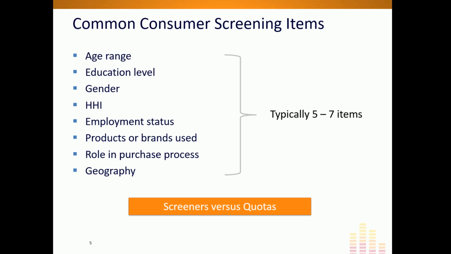Also, employment status has changed a lot in recent years. In the olden days, we used to simply ask, are you employed or not employed, basically. But now we have a lot of people who are employed full-time, employed part-time, self-employed, etc. So sometimes you want to think about, for this particular study, do I care whether or not they work full-time, or am I just trying to understand whether or not they have any income from an employment situation?